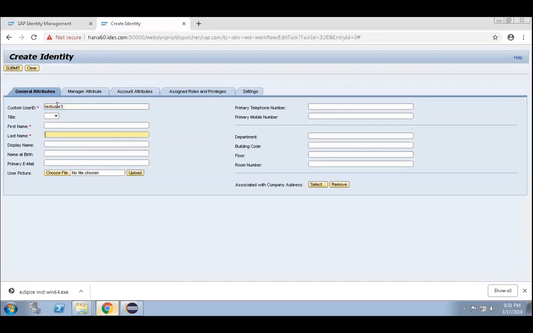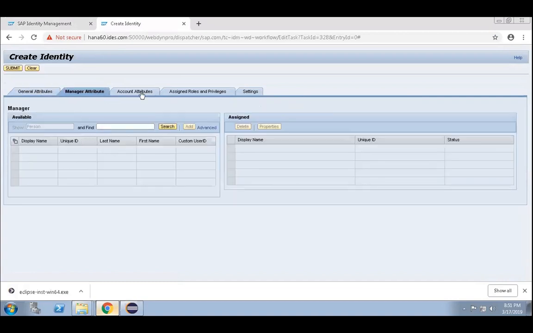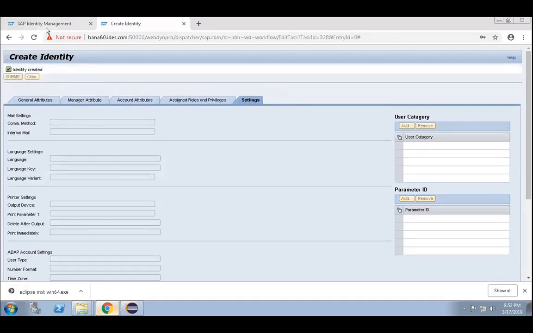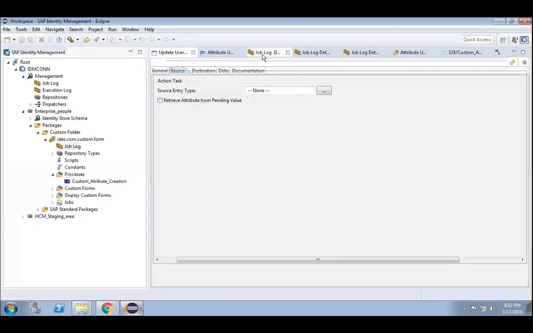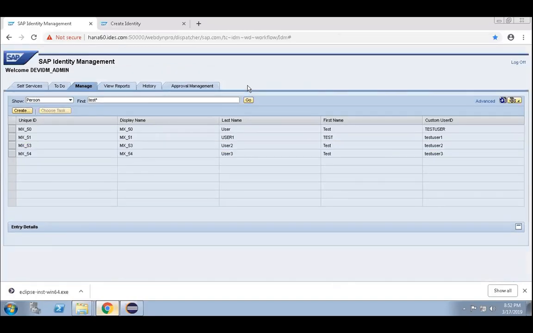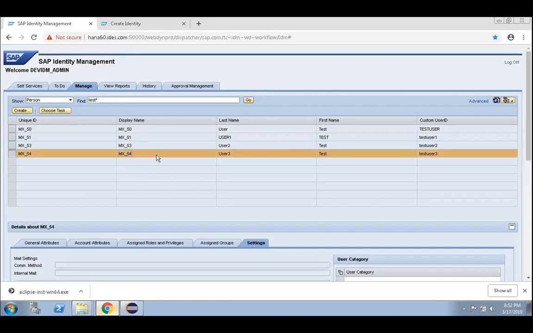Test user 3. Same thing. There is something I am missing.